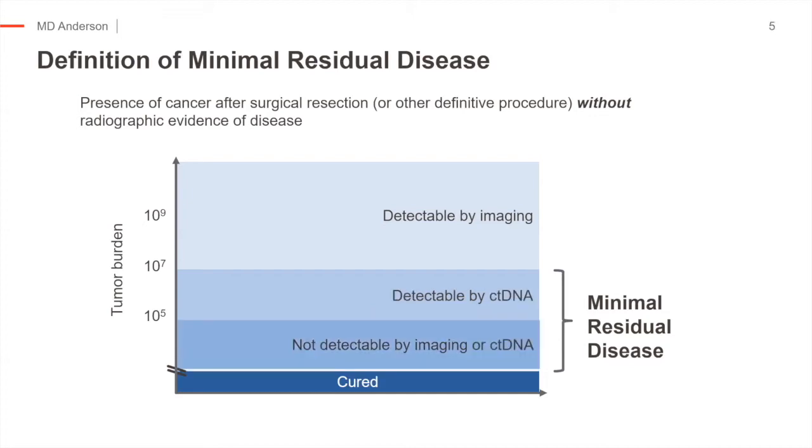No radiographic evidence of disease. Now, I've built, as you can see, that we're talking about a proportion of minimal residual disease that we can actually detect by ctDNA. This is a great improvement, but it's not that we can detect down to 1 or 2 cells in the